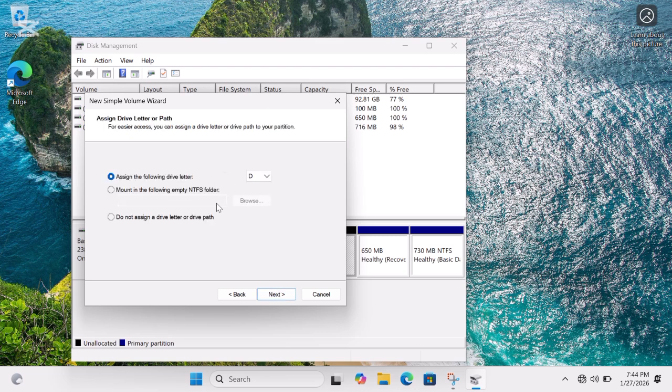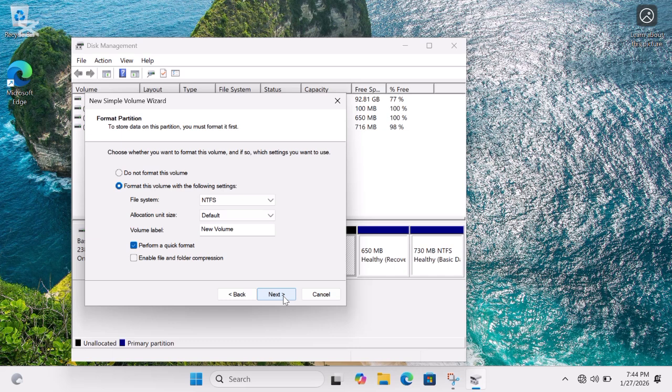There's this part of assigning a letter. For example, if you want it to be D, depending on the letter you want. Me, I'll prefer D. You can also choose not to assign a drive letter, but I will assign, so I have chosen the option D. Then you press next,